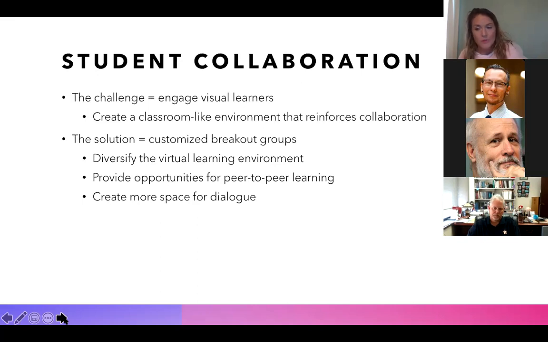But here's the problem, and please chime in. I don't know if y'all have run into this. When I started this in March, trying to put them in breakout groups, what I would find, so on Blackboard Collaborate, you can see the panel of everyone in the group, and you can see if their microphone is on or off, right? Have y'all done this?